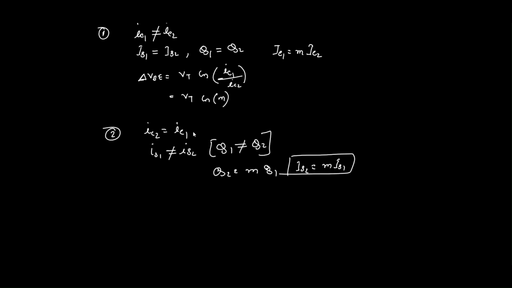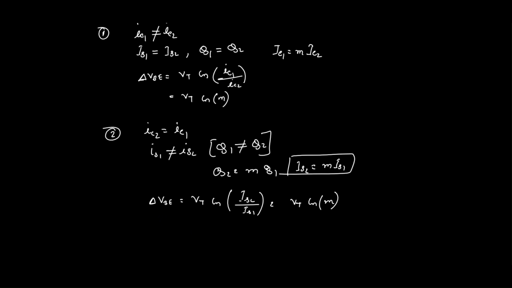So we can say that the delta VBE equals VT ln (IS2 by IS1) also, which is VT ln M. So by changing this multiplying factor, we can make some voltage difference in between these two nodes, and what it